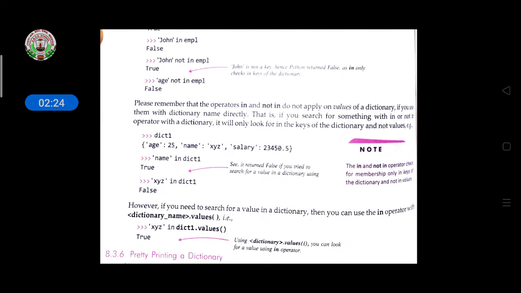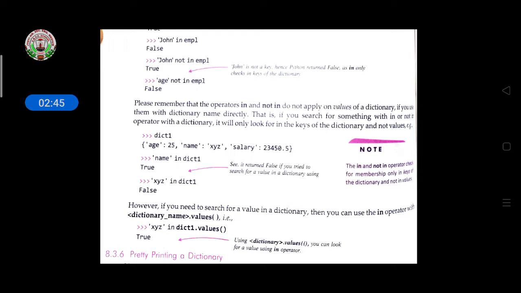So please remember that the operators in and not in do not apply on values of a dictionary if you use them with the dictionary name directly. If you use the in or not in operator with a dictionary, it will only look for the keys in the dictionary and not values.